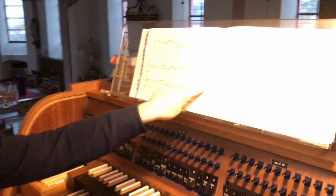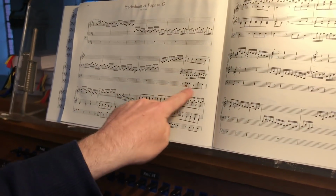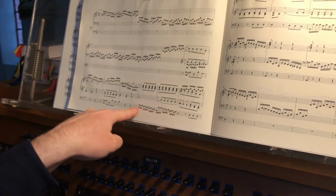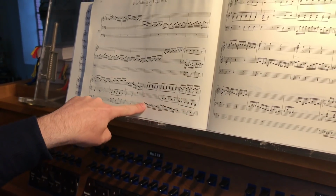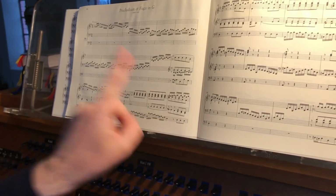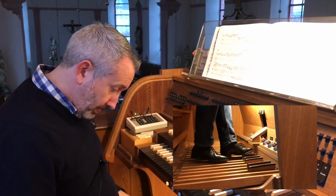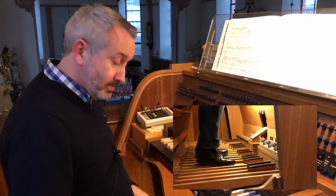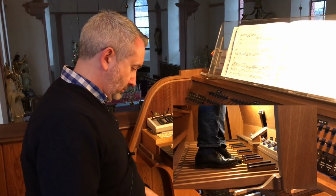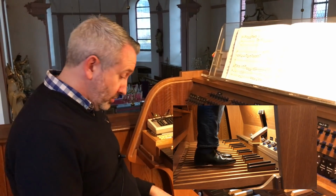Here's where the pedal starts here. If you have a quick look here, we have some semi-quavers, some quavers, or 16th and 8th notes, depending where you come from in the world. And a few bars later, only 16th notes here. Yeah? And you can see there's a sort of a scale moving here, but lots of jumping around. So my original organ teacher would have said, toes only, when it came to the 16th notes,